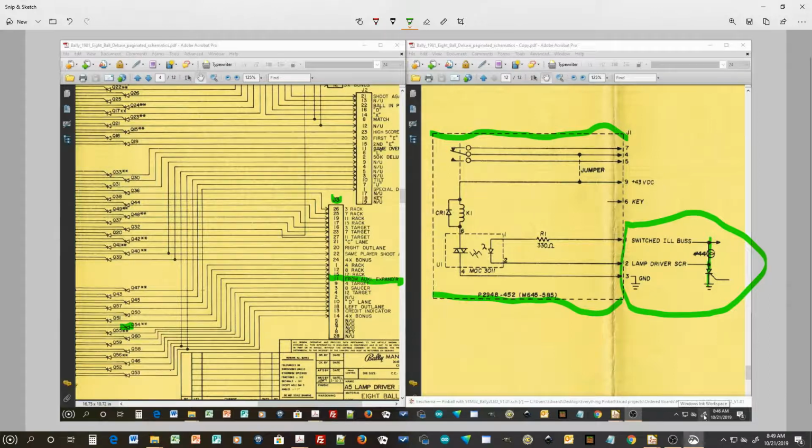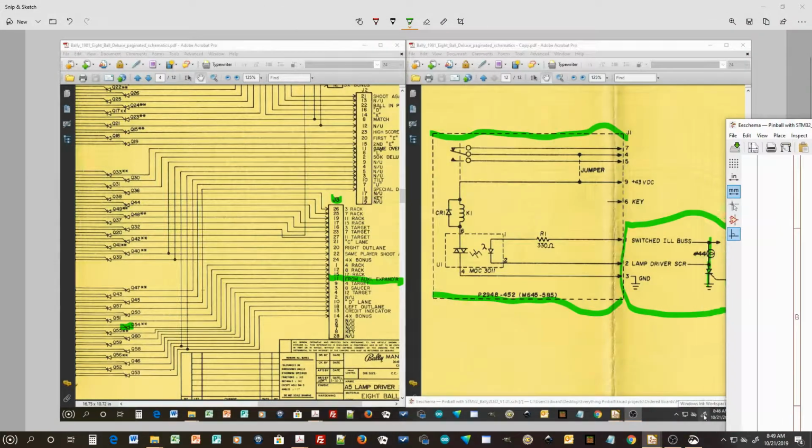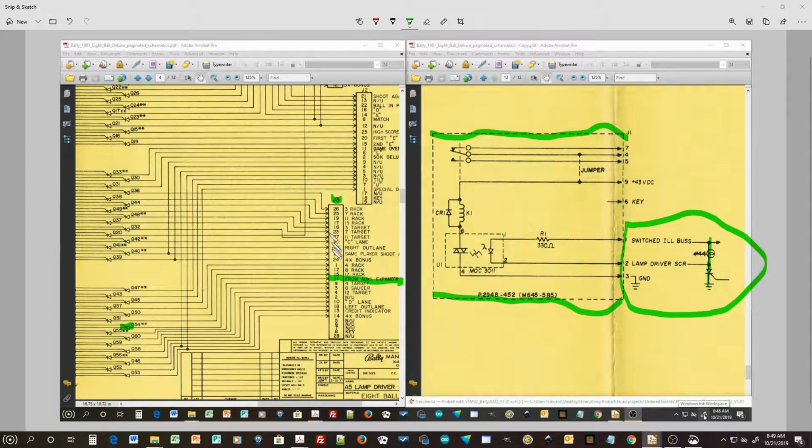Now let me pull up a copy of our schematic. So this is our schematic. The output from our computer labeled relay comes in and switches this SCR on and off whenever it detects that the solenoid driver needs to be activated. And we drive that out on pin 11 of a 28-pin connector, just like the pin 11 on the original 28-pin connector. So we will take the old cable that we've stripped out, and we will plug it back in